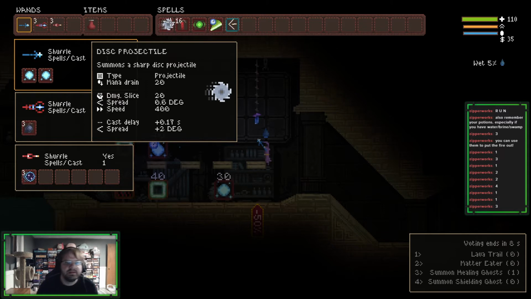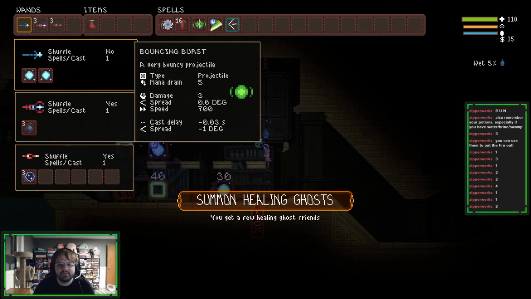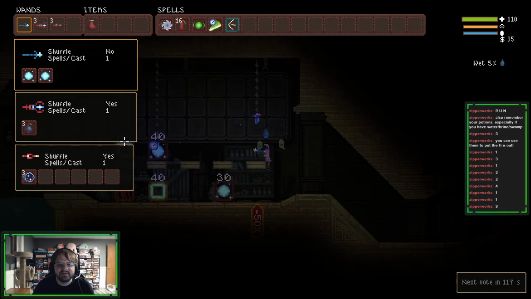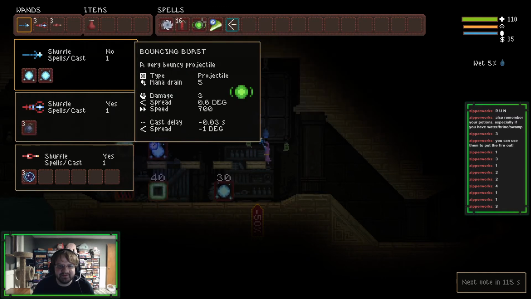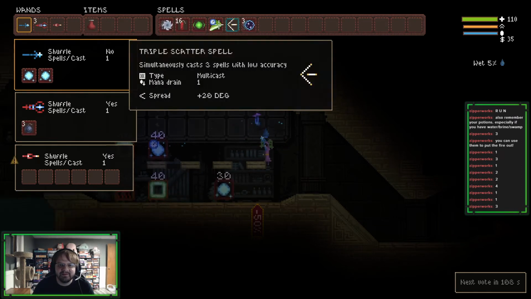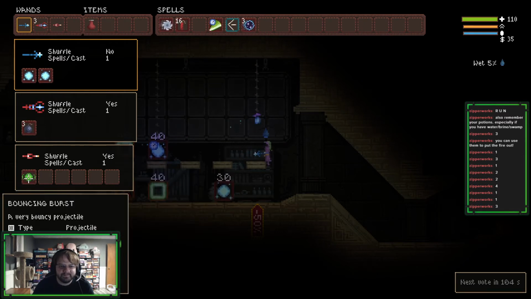Okay, so 20 damage, 20 mana drain. It does slow down the cast delay a bit, and does more degradation. This thing... Some healing ghosts. Hello, ghost friends. Reduces the cast delay. What's this cast delay? 0.03? This would be a literal 0 cast delay on this thing down here. Let's just put it in there. I just want to see... What is your...